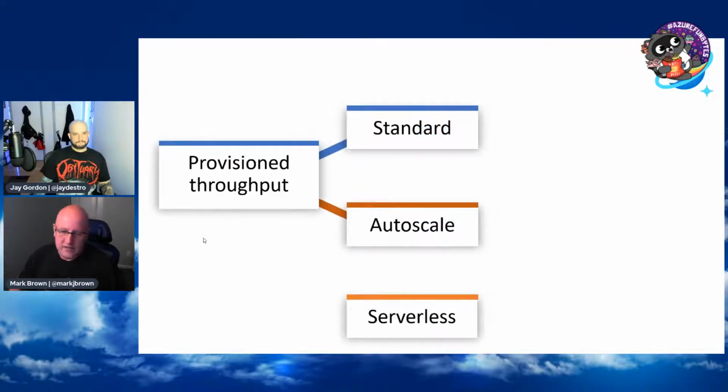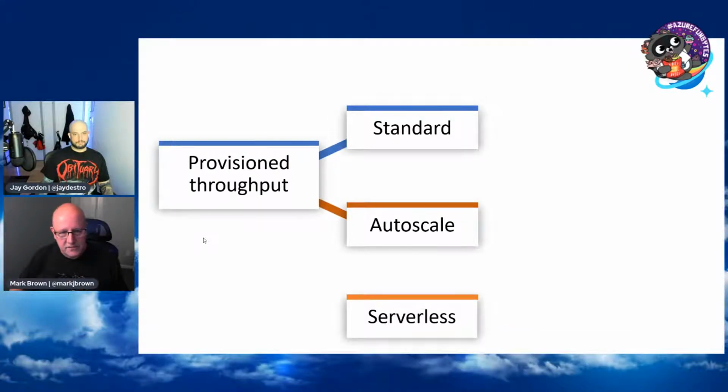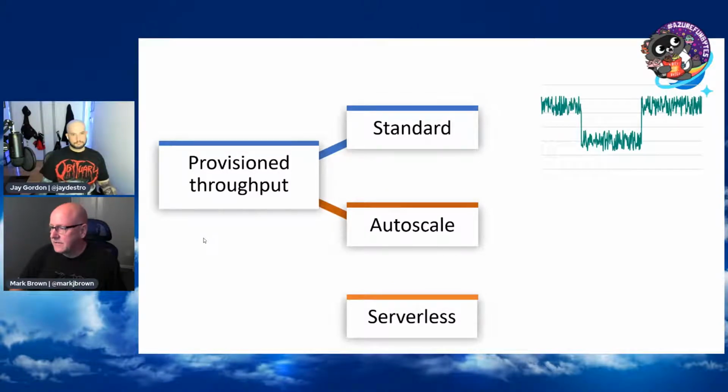One of the other things I wanted to talk about is throughput, and we can get into RUs. I know we were talking about RUs earlier and how confusing they are as a concept for folks. Let me explain throughput, because this is basically what RUs are. We have two different models: a provisioned throughput model, and a serverless model. Standard throughput, let me start with that first, is similar to what a VM is. You are provisioning some amount of compute and storage.